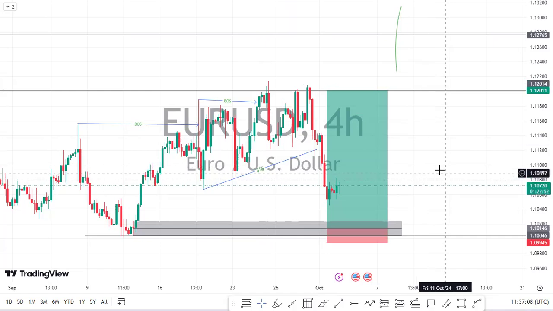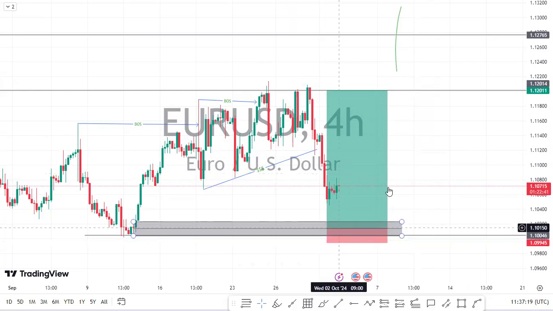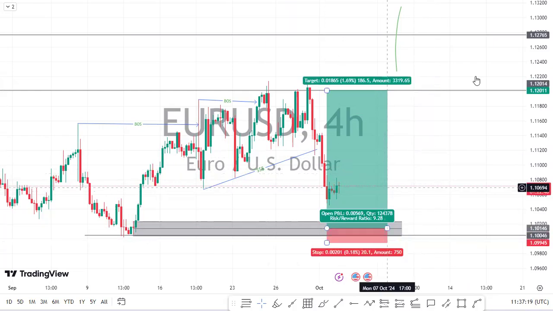So I'll call the entry price again, 1.10146, stop loss 1.09945. Then you can take profit anyhow. I pray that price comes to that place. So for